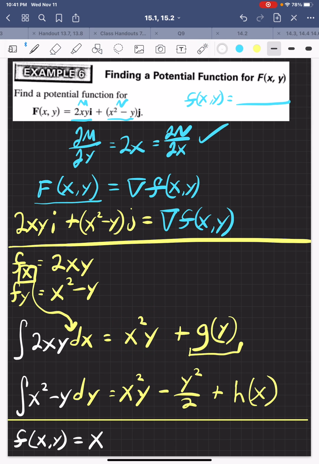I don't have one of those. I'll go ahead and take that plus g of y. I don't have one of those. Then I'll come down to the next